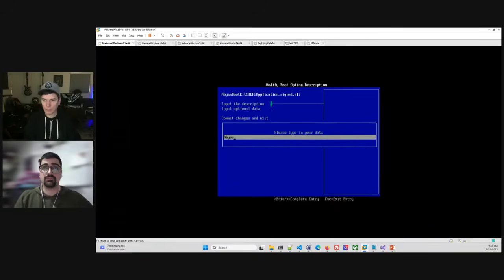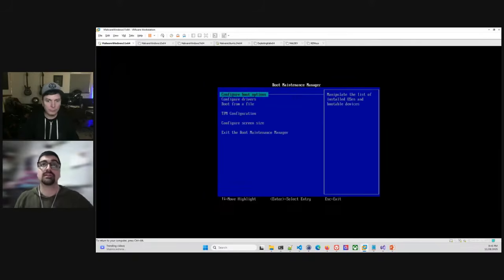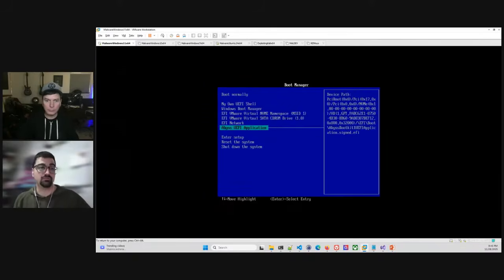And I'm going to write here some name. It is UEFI application. And sorry, the machine is so slow. Just give me a moment, okay? Okay, now I can change this on exit, and I have created a new boot entry. Okay, so if you just don't want to use the PowerShell script, you can do it manually this